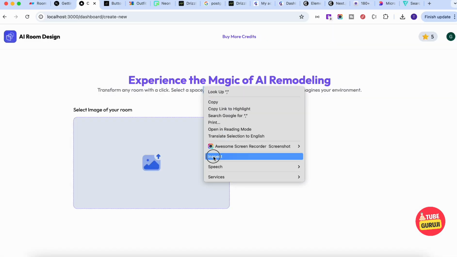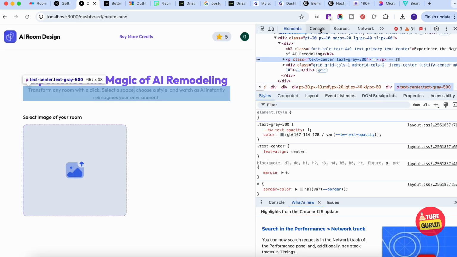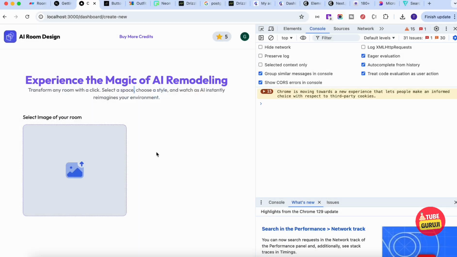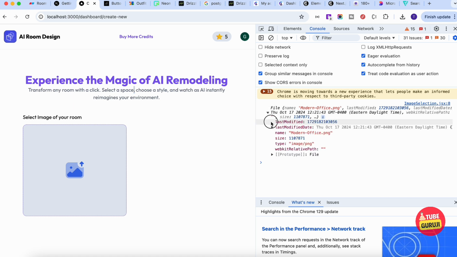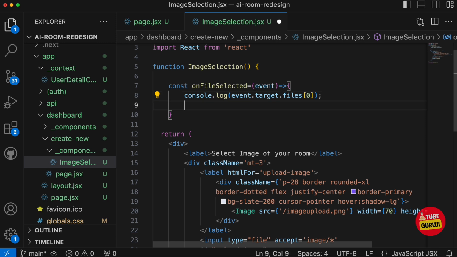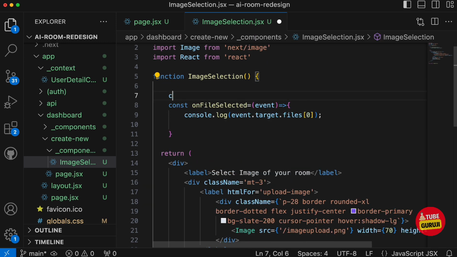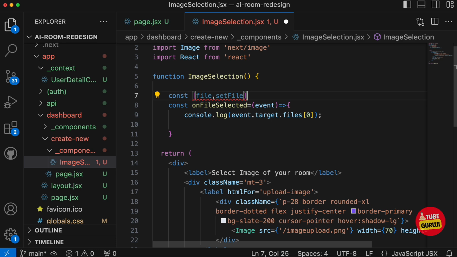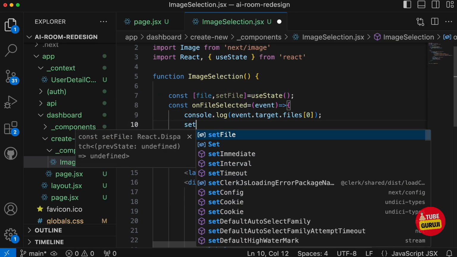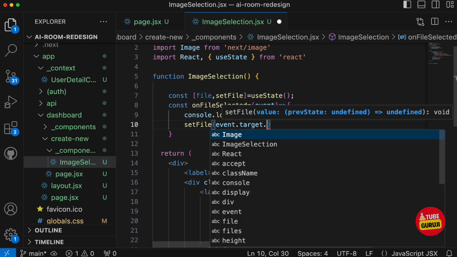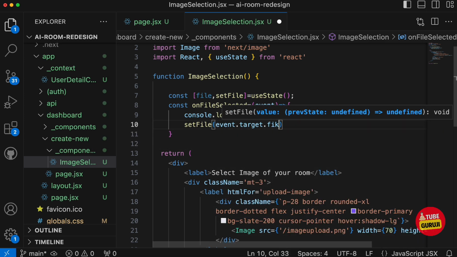Perfect. And if I go to the inspect panel and go to the console, and if I select the image, let's select this particular image, and boom, if you see, we got the result. Perfect. Now this information we need to save in one state, so const file, setFile is equal to useState. And whenever the user selects the file, we'll simply set